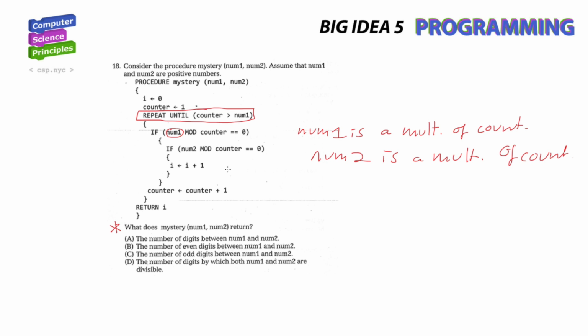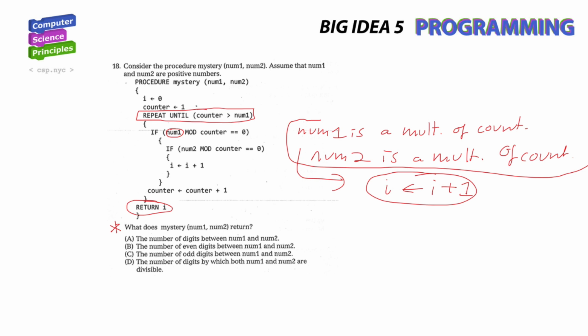And when both of those two things are true, the I gets increased by 1. And then the counter at the end of this also gets incremented, but ultimately it returns I, which is only going to increase when both of these two things are true. When both num1 is a multiple of counter, and also when num2 is a multiple of counter,